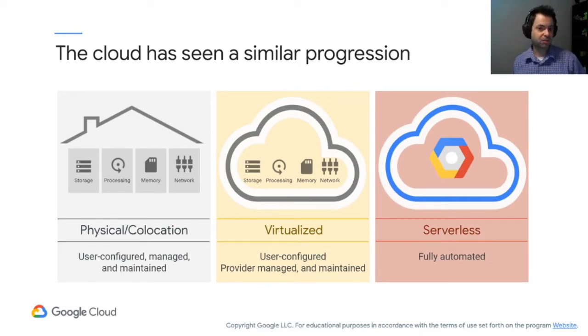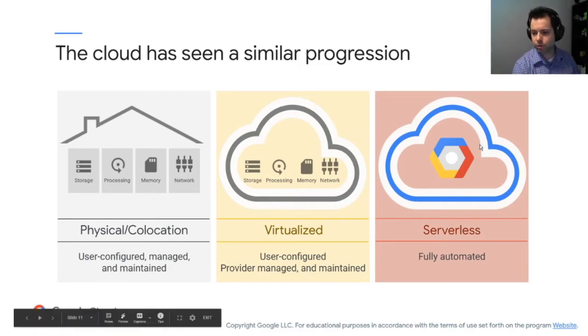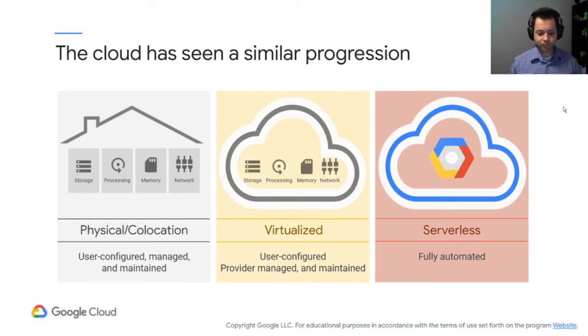But then you move to something like serverless, where everything becomes elastic, everything becomes fully automated. And again, the picture that you're seeing here is for the Google Cloud logo, but this could be Azure, it could be AWS, it doesn't matter who. But you effectively have this progression of removing infrastructure from your environment. Now, that's not to say there aren't servers providing this. Obviously, you need machines to provide these services, but you don't have to provision a virtual machine to, say, run a Lambda function or a cloud function. It's all managed and hidden behind the scenes at the data center.